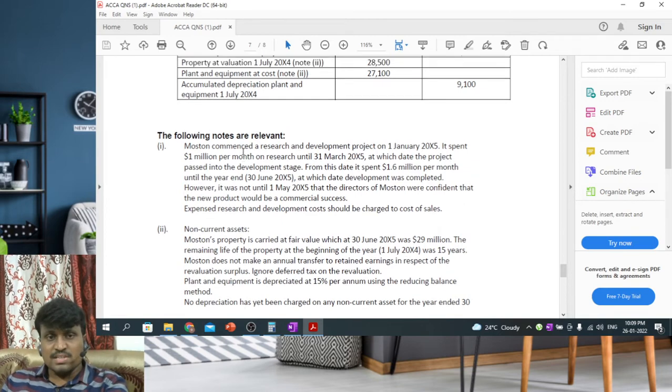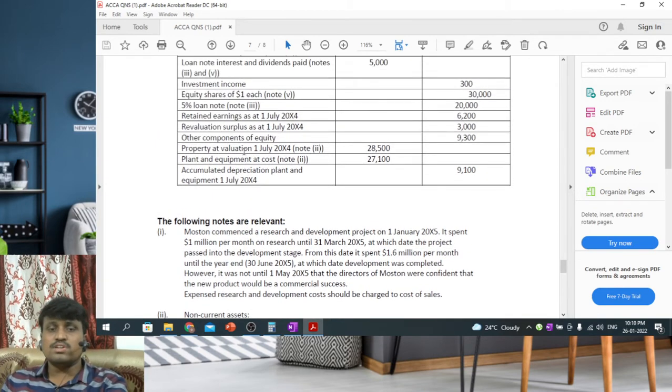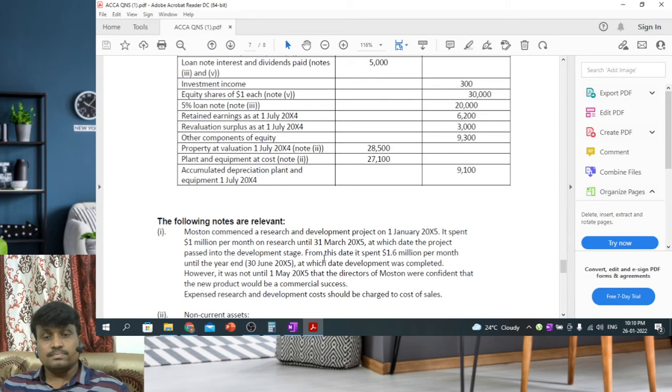Monster commenced a research and development project on 1st January 2005. It spends 1 million per month on research until 31st March 2005, at which date the project passed into the development stage. So that means January, February, March are covered under research and should be expensed. From this date, it spent 1.6 million per month until the year end, 30th June 2005, at which date development